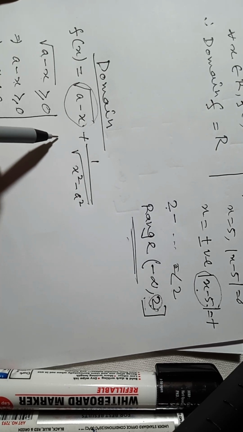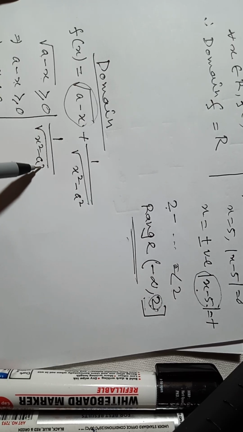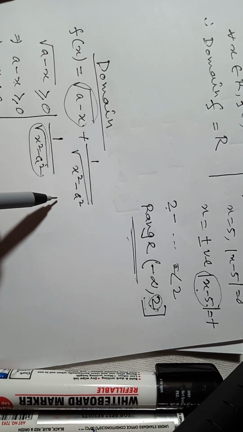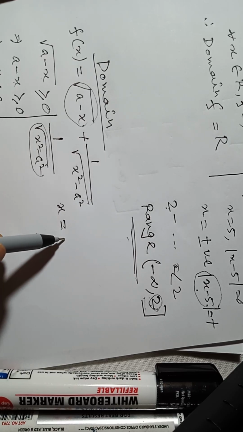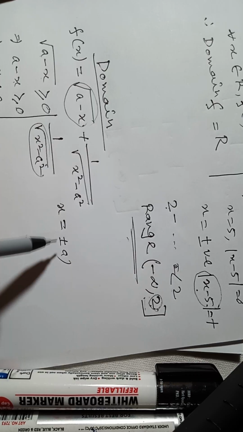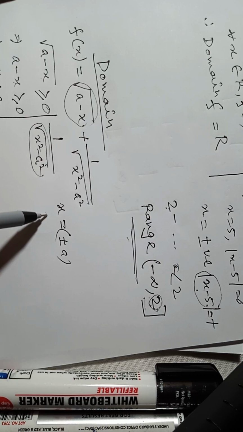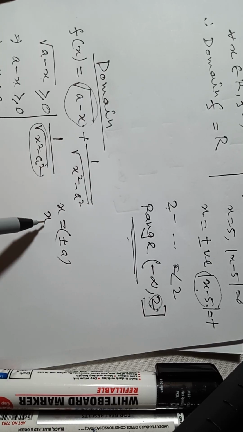Now from second term, root over x square minus a square, since this is denominator, we know denominator never be 0. Denominator never be 0 if x equal to plus or minus a, our denominator will be 0. So x never be equal to a. So here x is less than a, and here x is not equal to